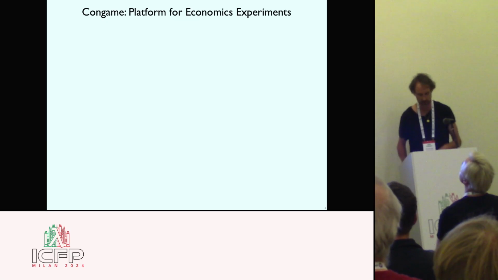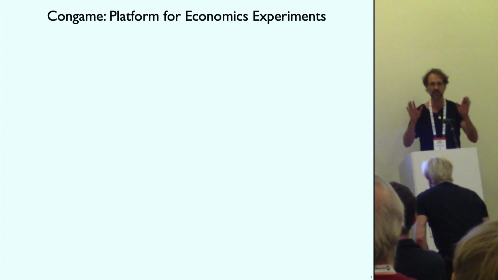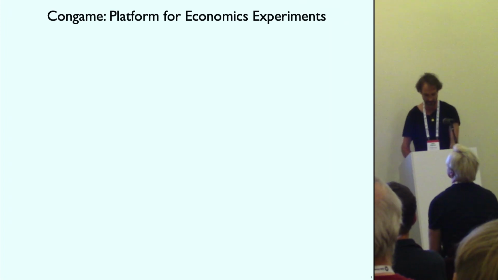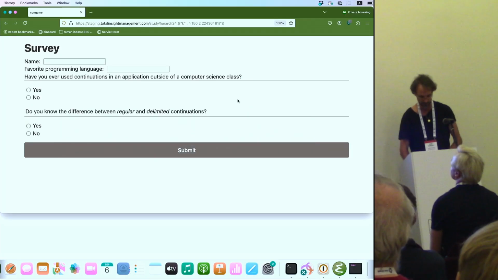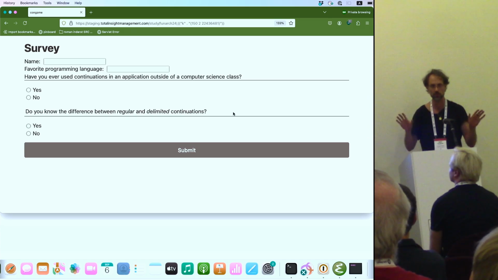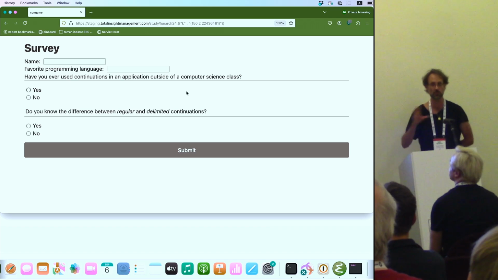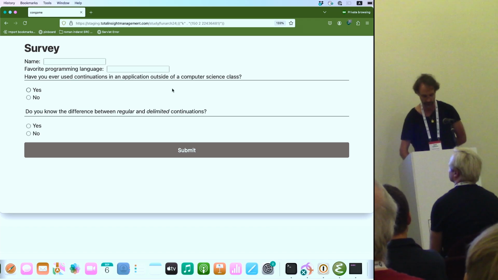And just to give you an idea of what that is, I'm going to show you a Hello World example just to fix ideas so that you don't think of experiments in the lab or anything like that. The way you should think about economics experiments is surveys on steroids. So I'm just going to walk you through a very small one, just to highlight the features that the platform should make easy and what it ought to be doing.